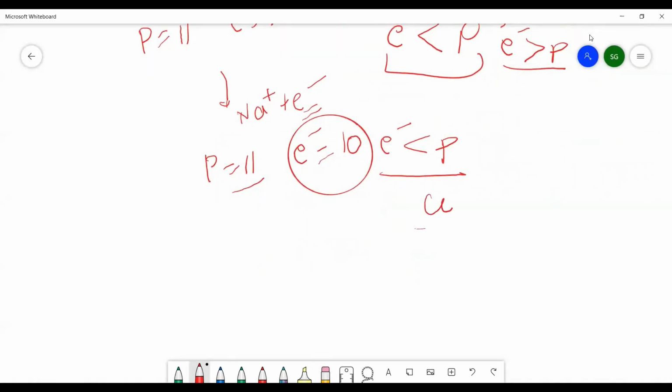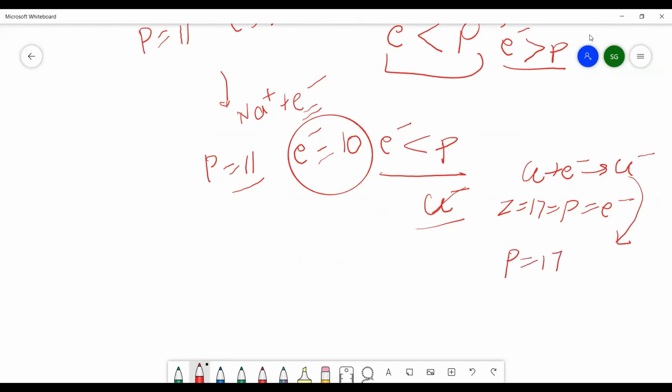Now you can take the example of an anion, in which, first of all, we will take the neutral atom Cl. For Cl, Z is 17. That means the number of protons is 17 and the number of electrons is also 17. But when chlorine gains one electron and is converted into Cl minus, the number of protons remains the same, as we are saying the nucleus does not take part in any kind of reactions other than nuclear reactions. And one electron will be added, so the number of electrons will become 18. So the number of electrons will be greater compared to the number of protons in case of anions.